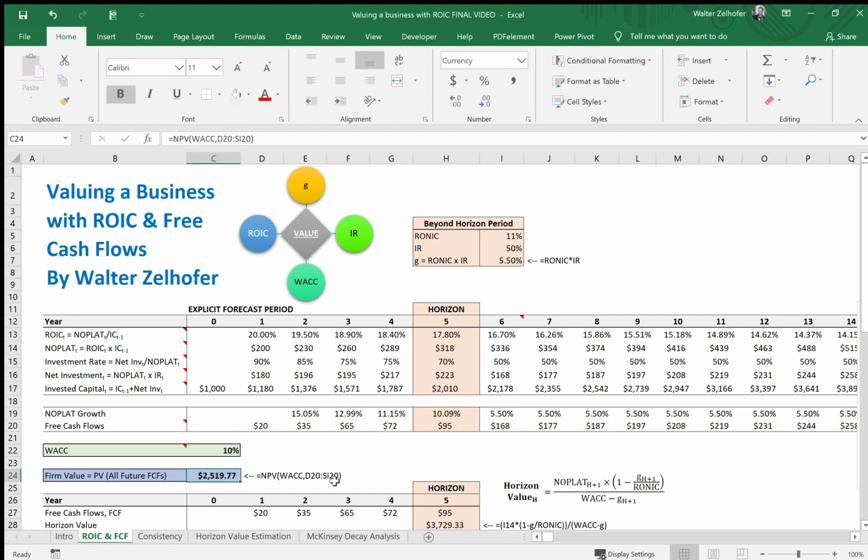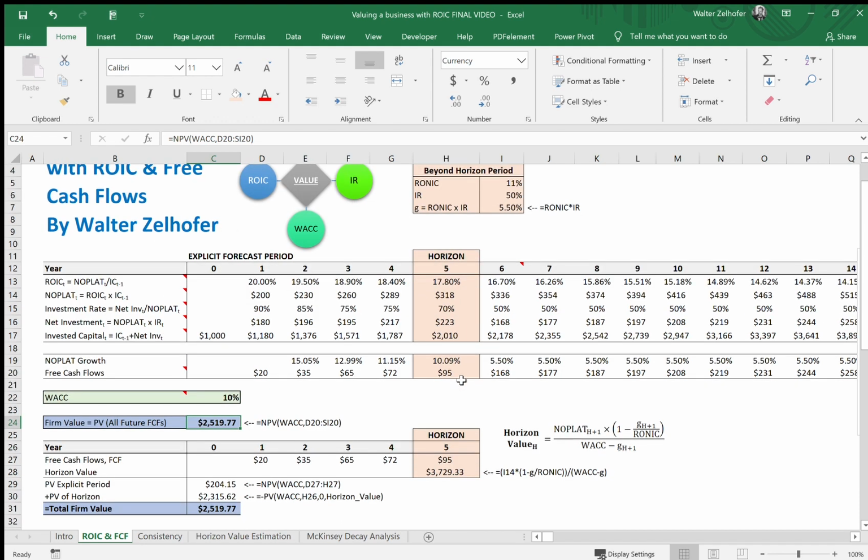Discounted at the weighted average cost of capital, and that is the value of our business, 2,519.77. Okay, but here's the trick. Nobody really wants to estimate all of these future free cash flows forever, because it's not practical to do. So what we're going to do, essentially, is something called a horizon value,